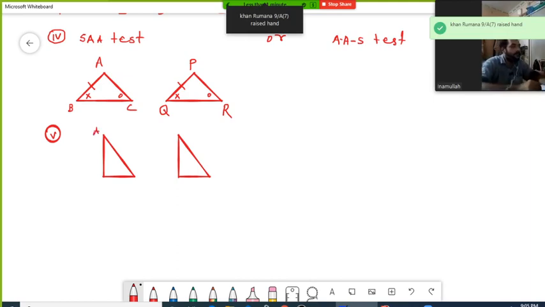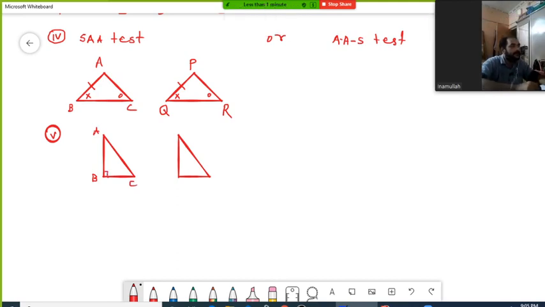Triangle ABC is a right angle triangle at angle B, and triangle PQR is another right angle triangle at angle Q. So in that case, if these two angles, that is B and Q, are of 90 degree, and you know that this hypotenuse is equal with this hypotenuse, and any one, either AB and PQ or BC and QR, are equal, any one corresponding side out of remaining two sides are equal, so you can say that these two,